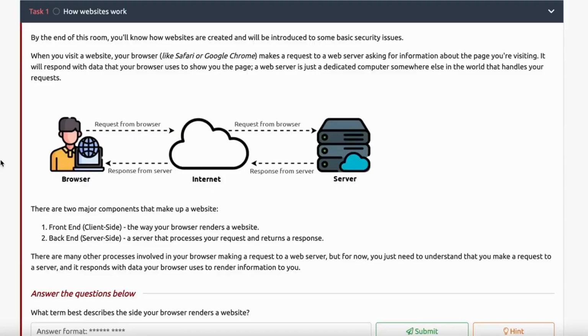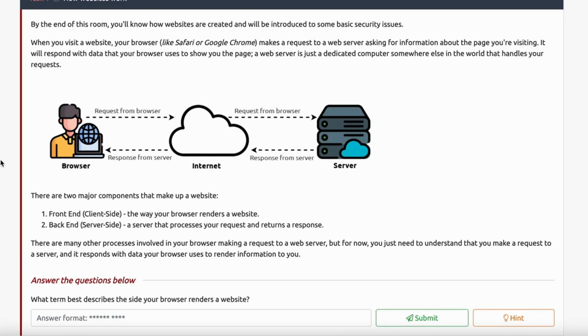So how do websites work? Basically, you will make a request from your browser. That request will travel through the internet and it will hit the web server. The web server will respond to your request and deliver it to your browser and present it to you in a nice, neat fashion. For instance, whenever you decided to watch this video, your phone or browser, wherever you're watching this from, made a request across the internet to YouTube saying, hey, I want to watch this video, give it to me.